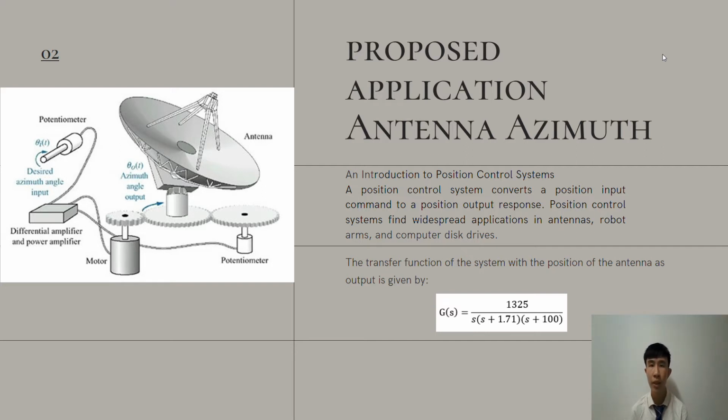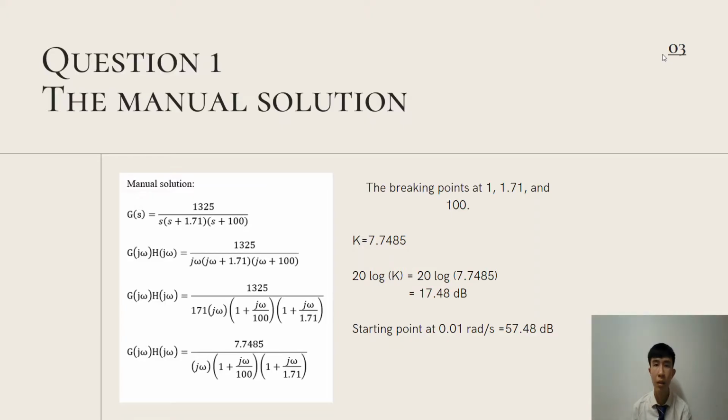The transfer function of the antenna system is given by G(s) equal to 1325 divided by s times (s plus 1.71) times (s plus 100). Okay, for question 1, the manual solution of the transfer function of the antenna can be seen in the slide. We convert G(s) to G(jω)H(jω), and finally we get G(jω)H(jω) equal to